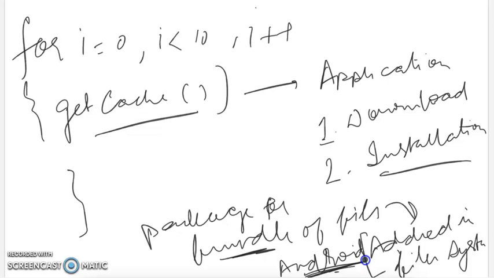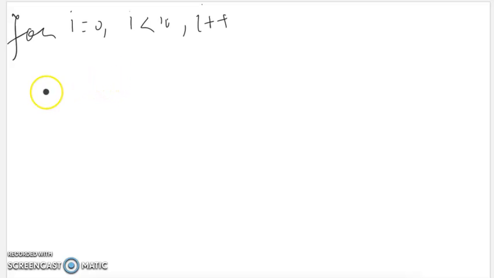And apart from the launch time, there are two stages. There has to be a compile stage, and there has to be a running of the application. So these two we will cover. As in the previous section, we were looking at this for I equal to 0, I less than 10, I plus plus. This will be running 10 times, right? And if there's a get cache,